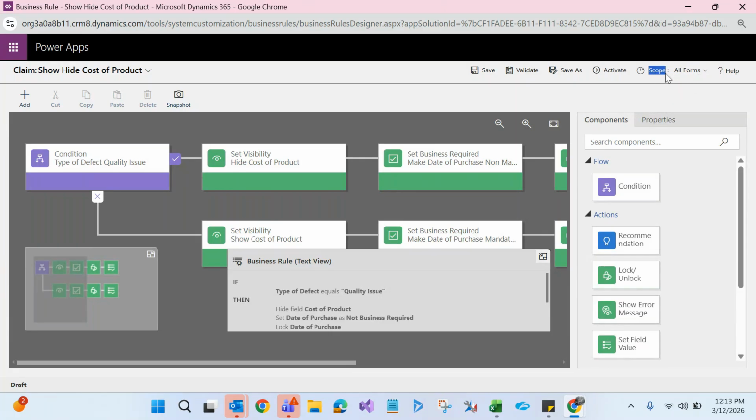See here, I'm talking all about forms. Yeah, so I'm talking about this scope. Scope has three values. Okay, scope has any business rule. Scope has three values, that is,